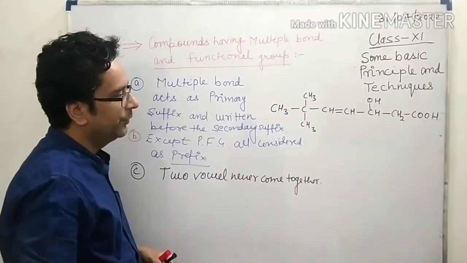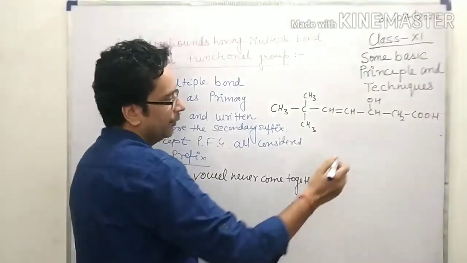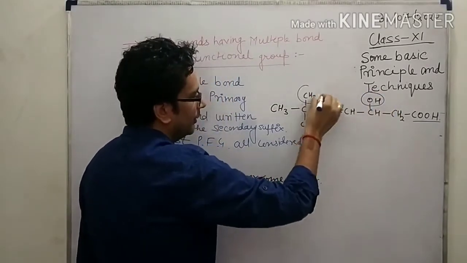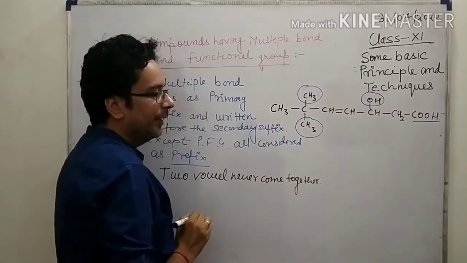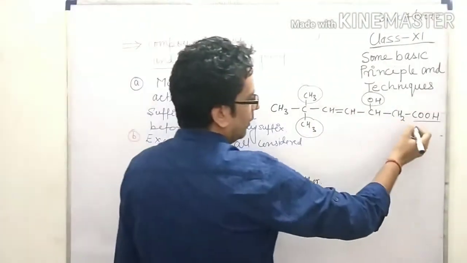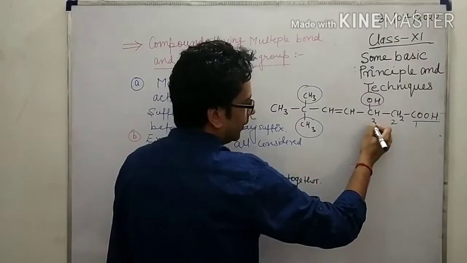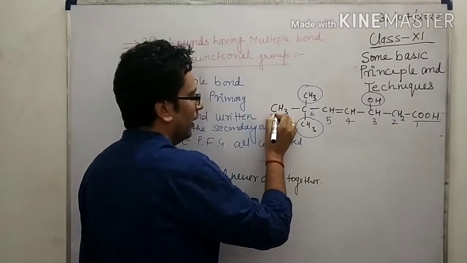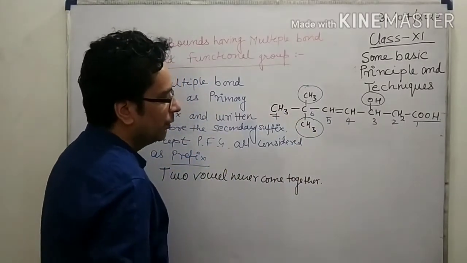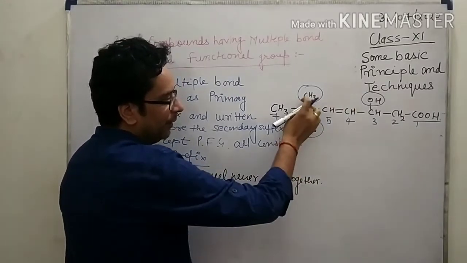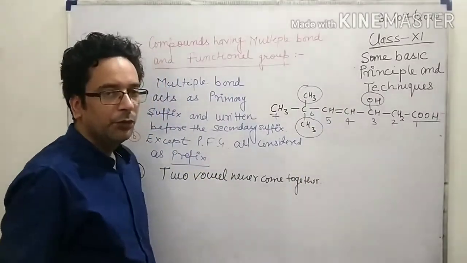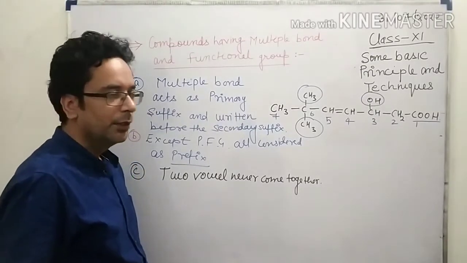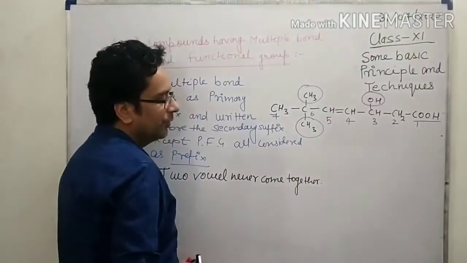So look here, which group is the principal functional group? This one is the principal functional group. So this and this and this are considered as prefixes. Give the numbers 1, 2, 3, 4, 5, 6 and 7. For this we use hydroxy, and here methyl. So in alphabetical order, which word comes first, H or M? H.